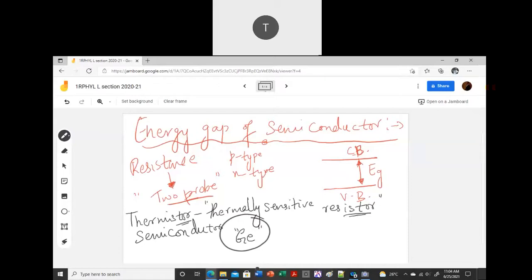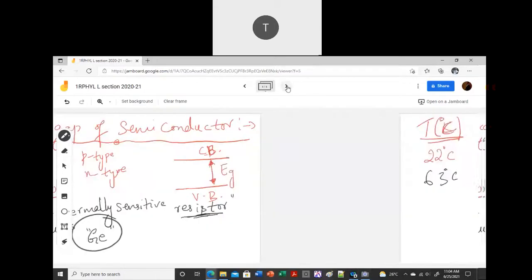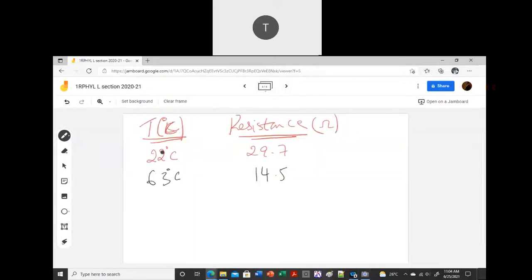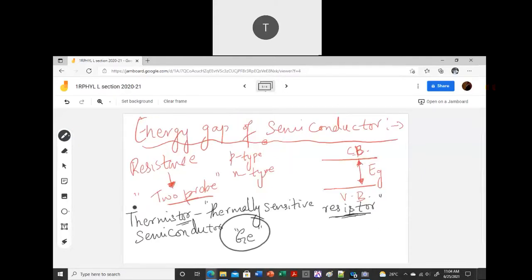This can be used like your thermometer. For example, if you take your thermometer, the mercury level keeps increasing or decreasing based on the temperature. This is what you saw here. When it was at room temperature, we had the mercury level at 22, and now when the temperature is high, the mercury level is at 63. Based on that level, you say, okay, this is the temperature. In the same way, I can use this kind of thermistor and tell what the exact temperature is.